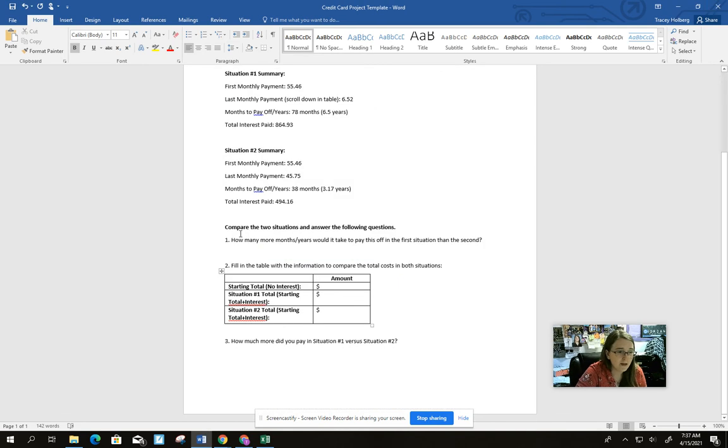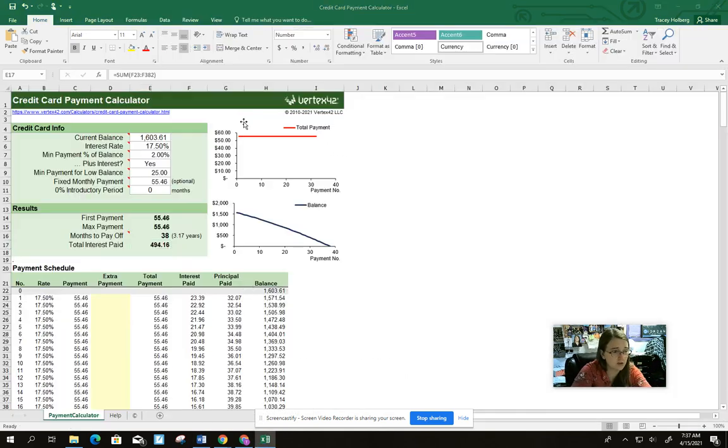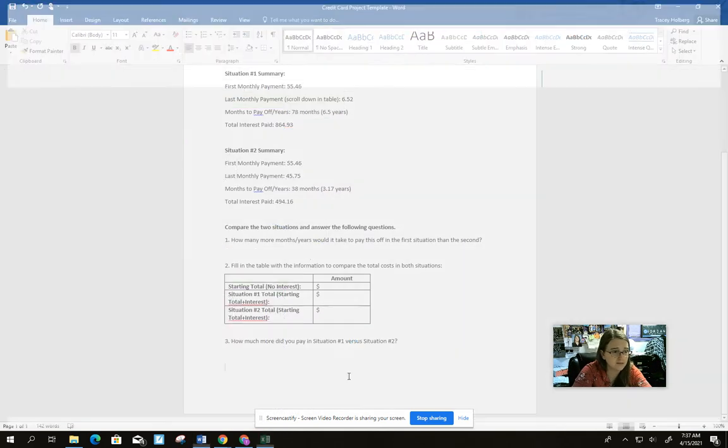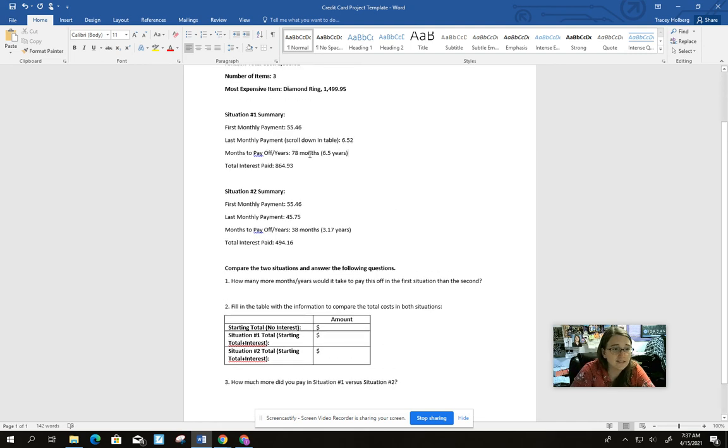I'm going to close that out because now we're just going to answer these questions here. So now we're just comparing the two situations. So we're also done with this calculator. I'm going to close it out myself so I can kind of simplify stuff here. So it says how many more months or years, whatever, I guess you can say both, would it take to pay this off in the first situation than the second? So we can see here